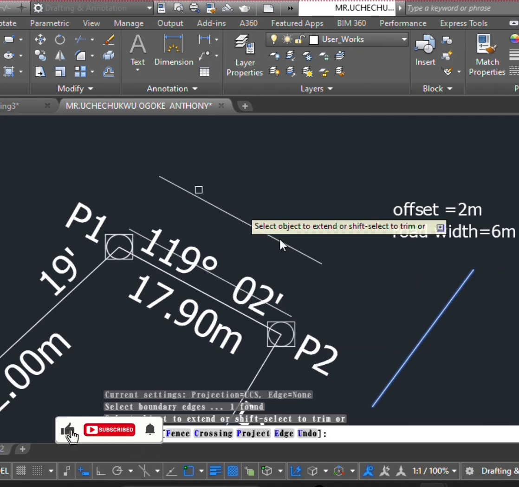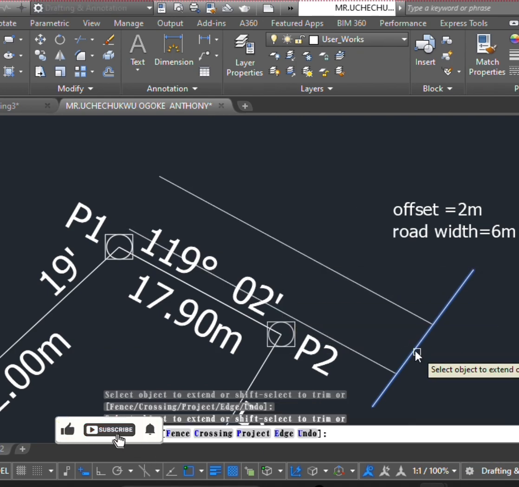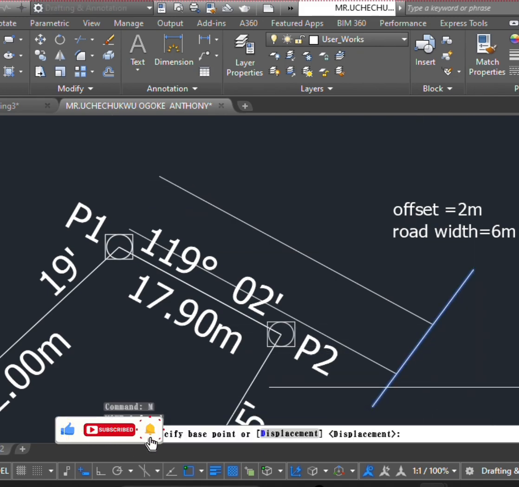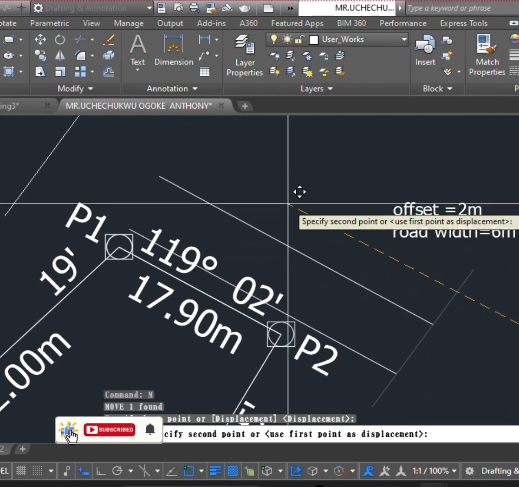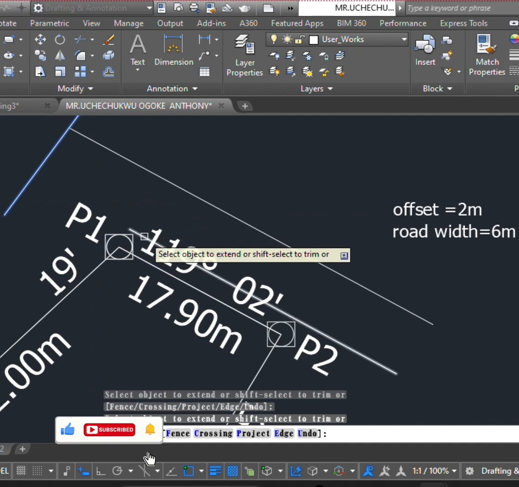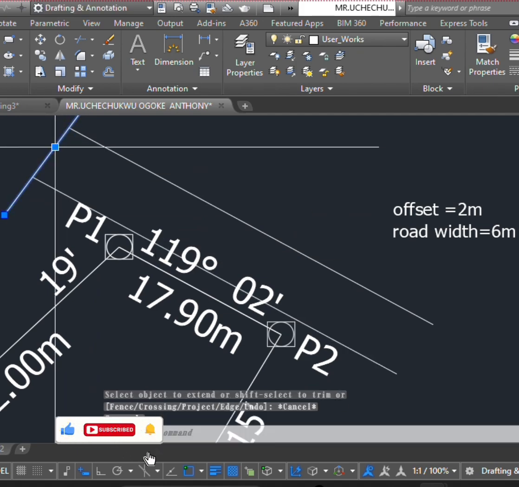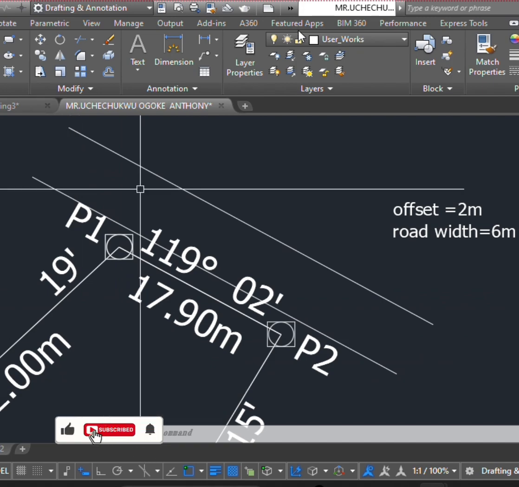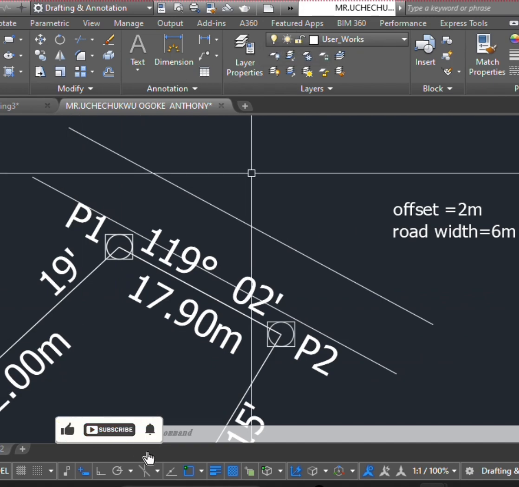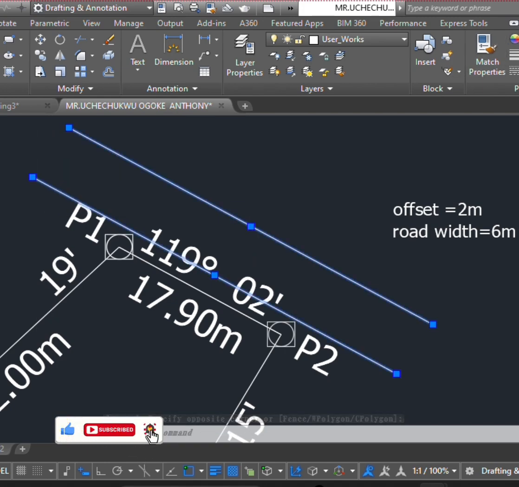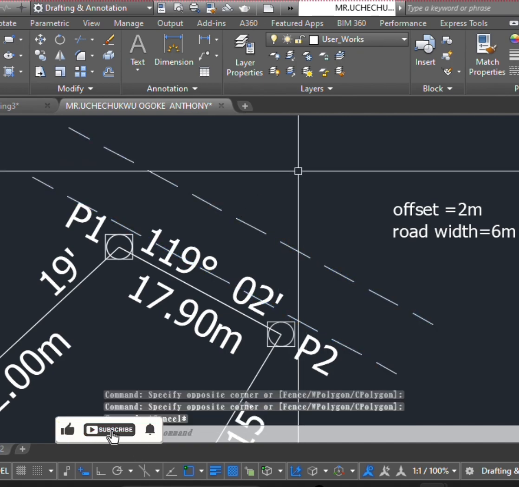So now we can use extend to extend the road. So now this is the road. And you can change the line format to a road sign. Okay. Now you can see how